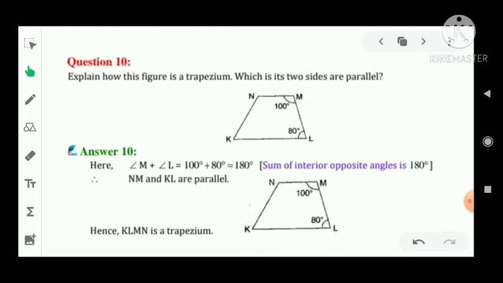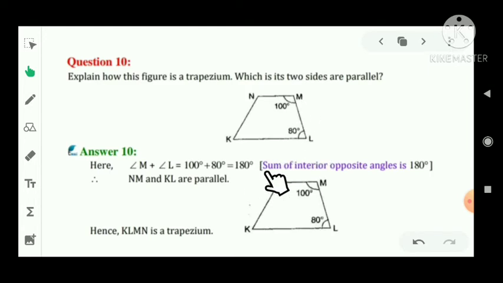Let's see the next question. In this question we have to explain how this figure is a trapezium whose two sides are parallel. We have to tell which two sides are parallel and how it is possible that this is a trapezium. In this question student you can see angle M plus angle L, that means 100 degree plus 80 degree,